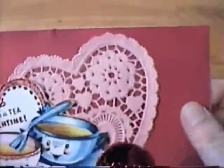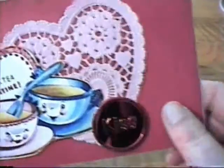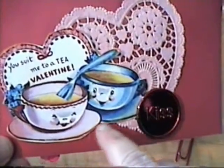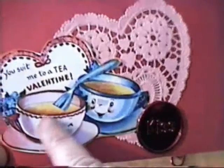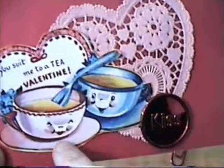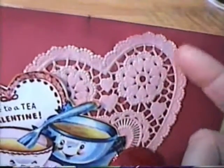On the back I kind of struggled with the Valentine part, so I decided to look online because I needed something that was vintage, and I found this. I thought this was cute because cake and tea go together. It says, "You suit me to a T, Valentine," and I cut that out and inked the edges a bit and put it in front of a lace doily,